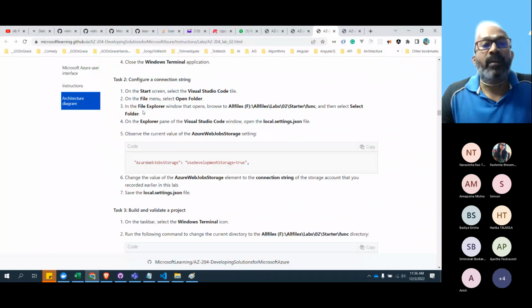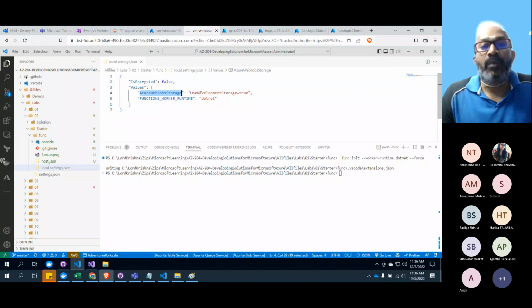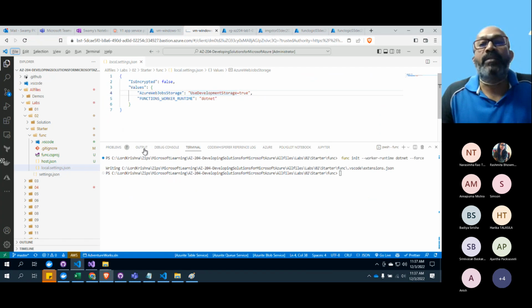And configuring the connection string, we went and then we selected the folder and local settings. That's what we saw first. And we ensured that AzureWebJobsStorage use development storage equal to true. That is there. Change the value of the element to the connection string of the storage account we recorded earlier. Save the JSON file. That means what?